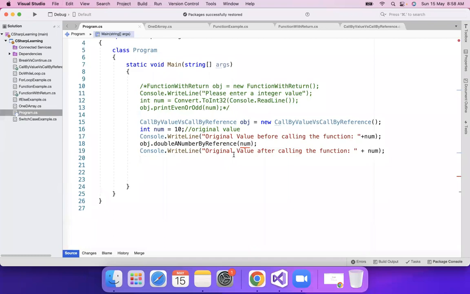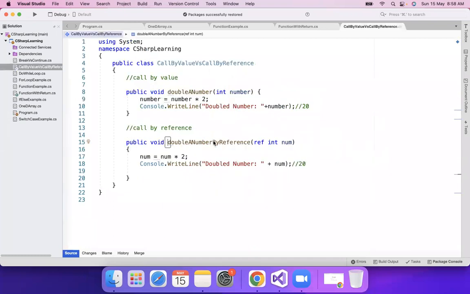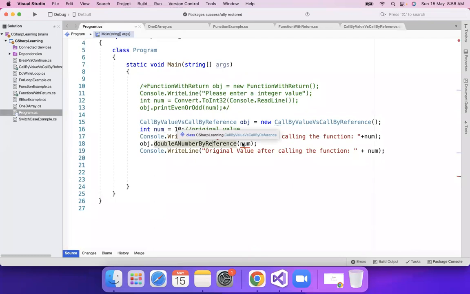But I'm getting an error. Why am I getting an error? Because in this function you have used the keyword ref. Ref keyword means reference. You are passing the address of that value variable that you are passing. I'll tell you about that, but I'll come to ref in some time. Let me first run this code and see the difference between call by value and call by reference. I will talk about this ref keyword in detail. Don't worry about it. Now, if I run this program,